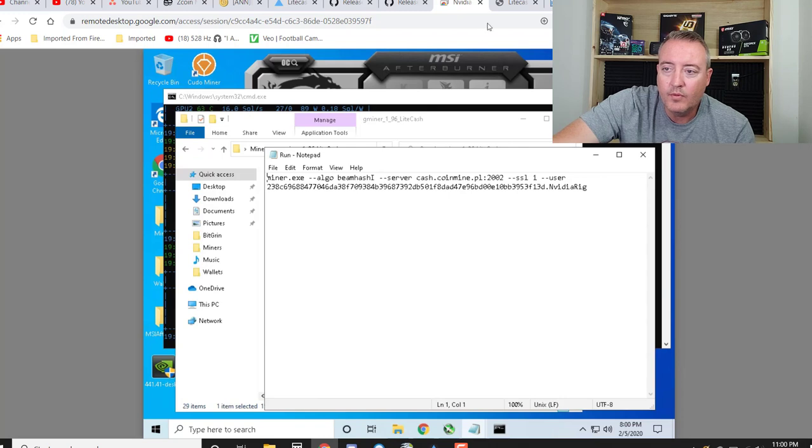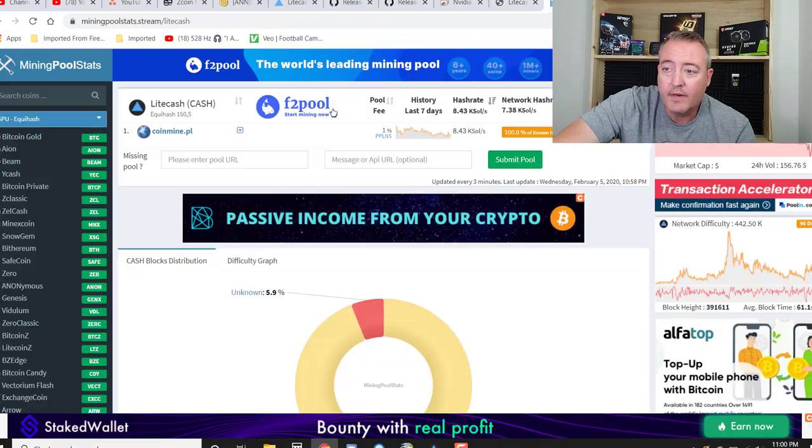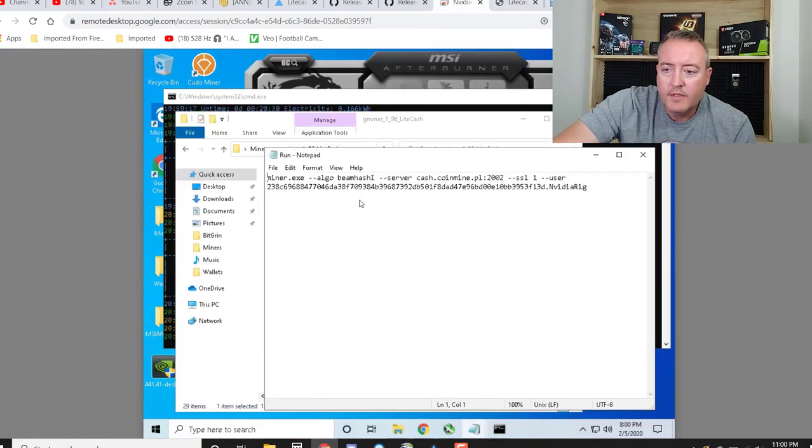Now the mining pool, there is only one mining pool right now, and it is coinmine.pl. And as you can see over here on mining pool stats, there is only one pool, so that's pretty much your only option. So like I said, once you get this set up with your wallet address, just click File,